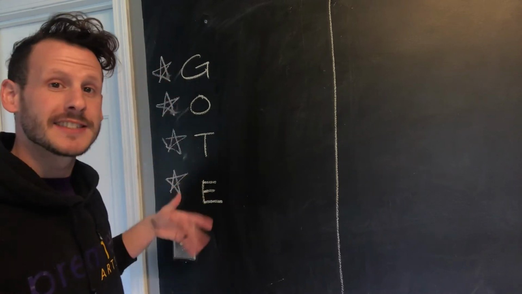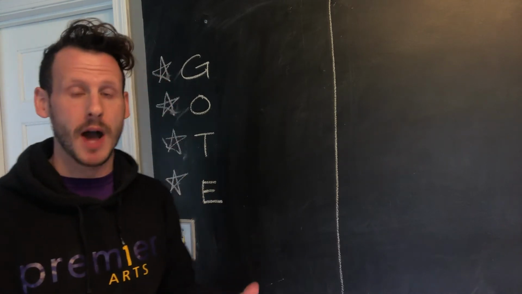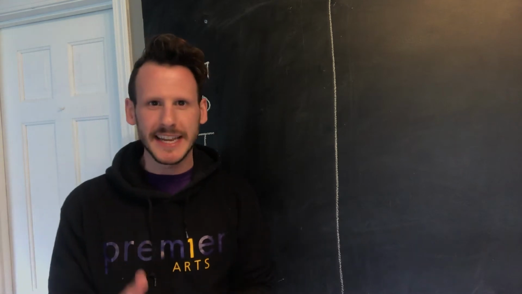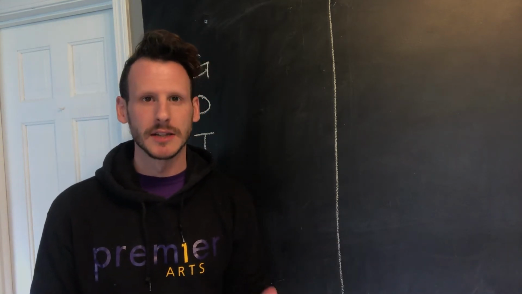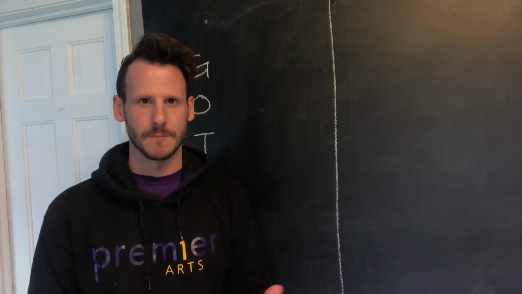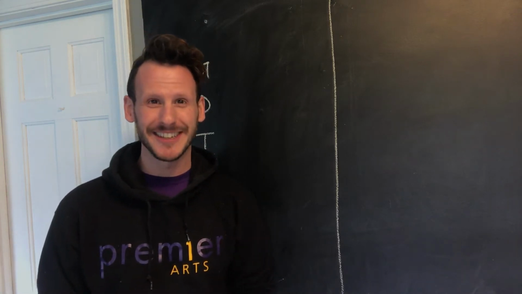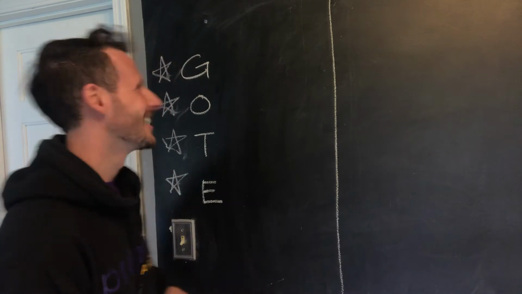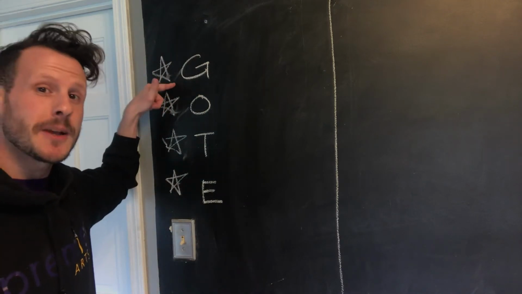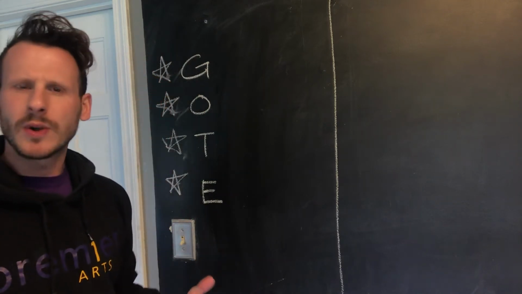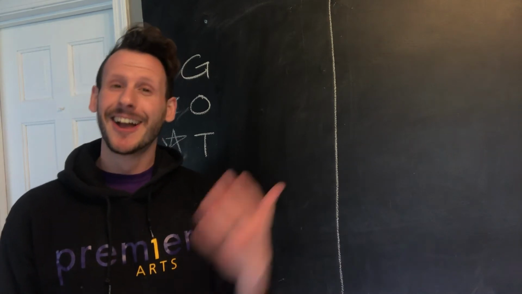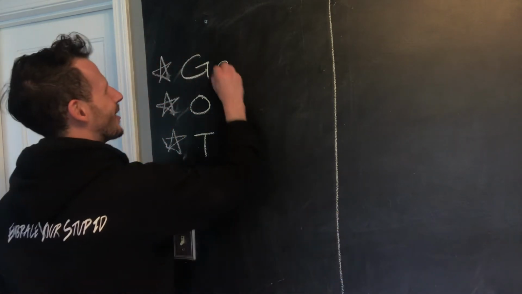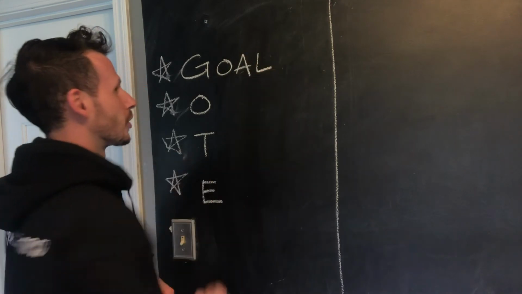It's four things that you can focus on in a scene or a monologue, and it's really going to help you dig into the important things, and it's going to help your acting come across a lot more motivated and meaningful. Okay, are you ready to meet GOTE? Great. So, G stands for something that your character wants. What's a word that starts with G that means something that you want? Goal! You're right. So, G stands for goal.